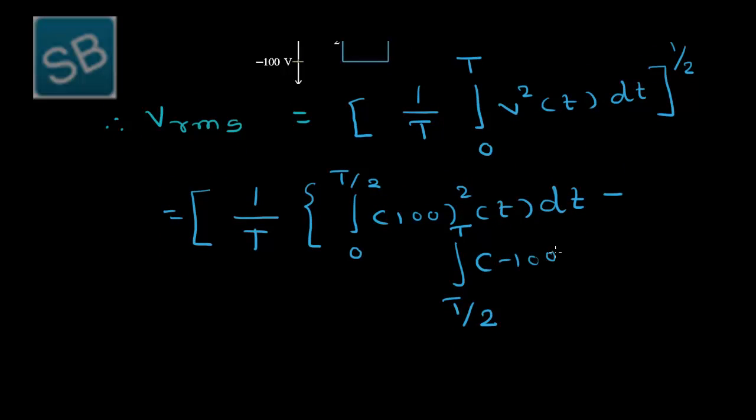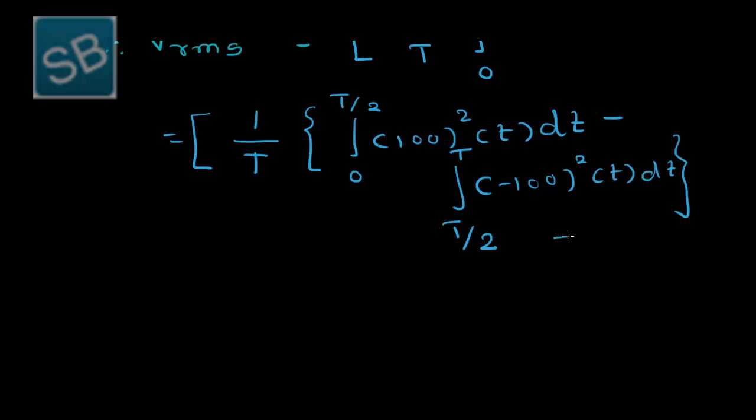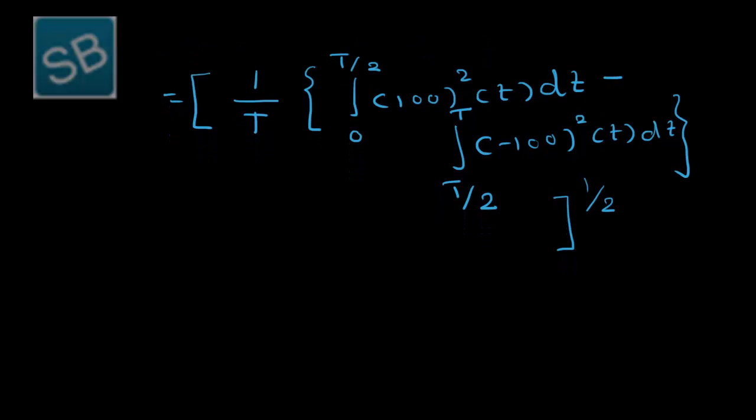So minus 100 whole square into T dt, and the curly bracket is over. And also the box is over, but don't forget to put the 1 by 2 due to this RMS. And in your textbook there is a printing mistake, they have not written the 1 by 2 value, which is equal to, now let's simplify this, 1 upon T is as it is, inside the curly bracket it is 10